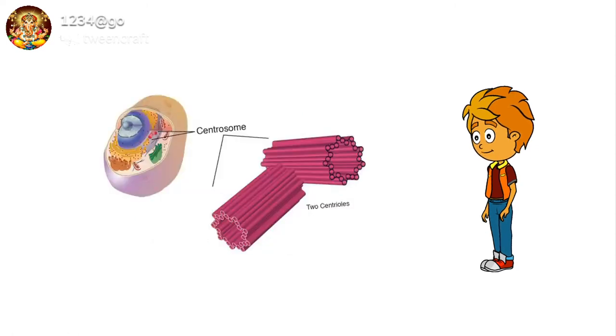Centrosome. Centrosome is a smaller clear region near the nucleus in the central cytoplasm of an animal cell. It has a dense center containing two centrioles, with microtubules that radiate from the centrosome. During cell division, the centrosome divides and the two parts move to opposite sides of the dividing cell. Function of centrosome. It regulates cell division in animal cells.